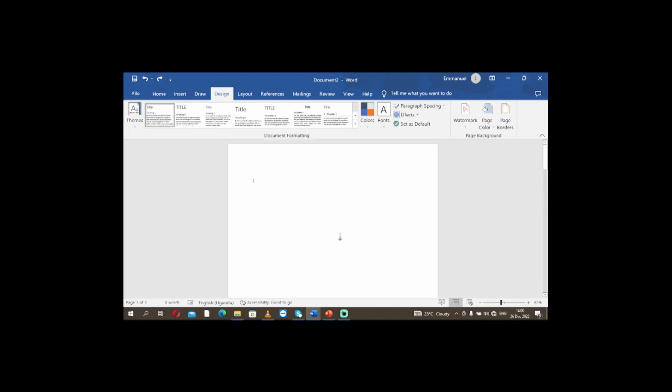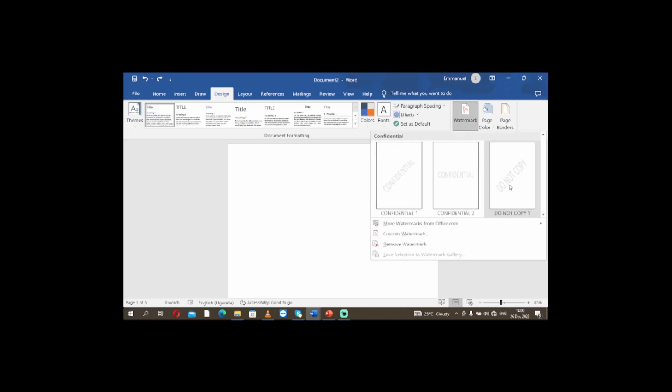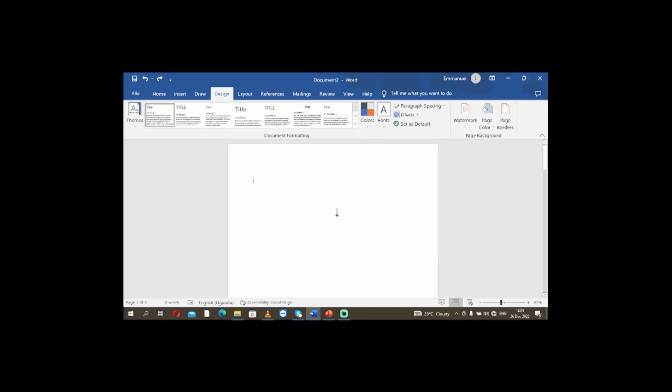So now this is how we can insert a watermark. This is a built-in watermark. So these ones are built-in watermarks. They are already built and they are provided by Microsoft Word for us. So I want to insert